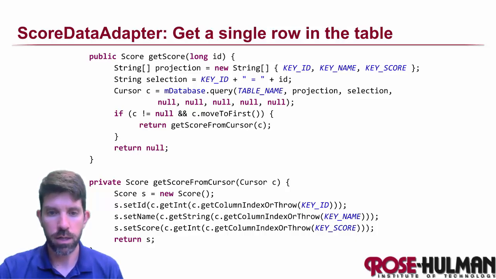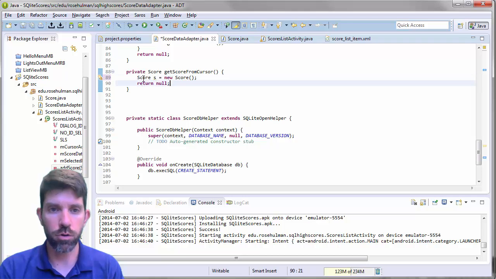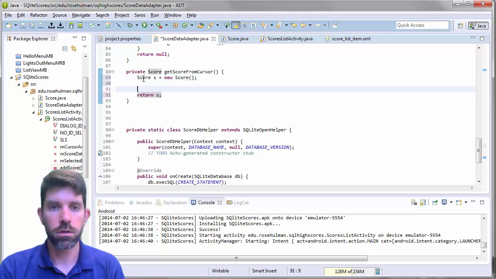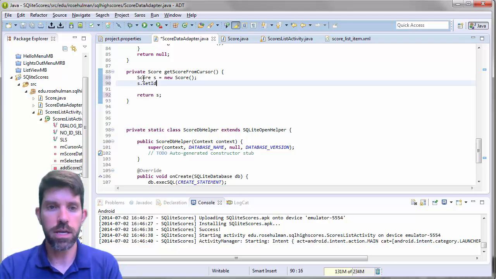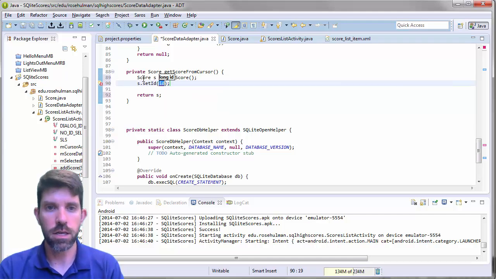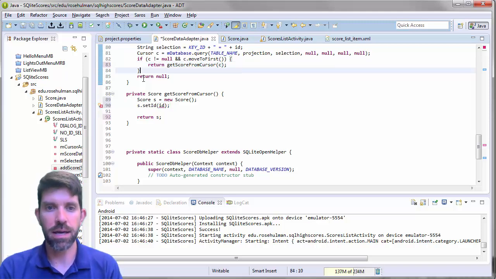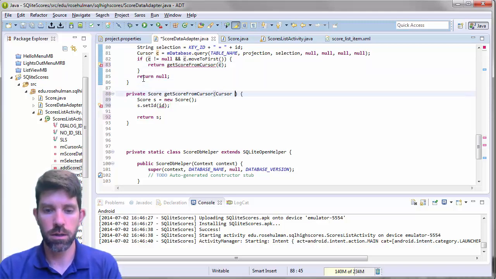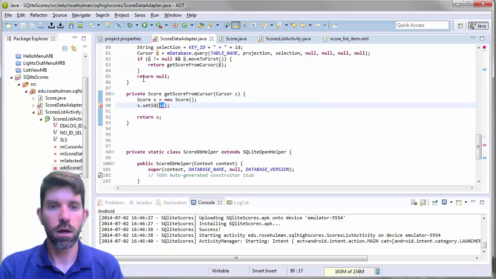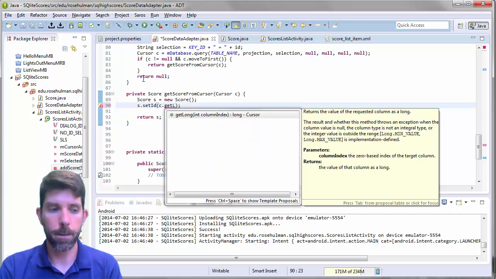So let's go ahead and enter this guy. So I'm going to make a score. This is a brand new one that I'm creating out of the cursor. And then for each thing in here, I need to set its value, right? So set an ID. Now let's see. Let's do this right here. Get score from cursor. I need to pass in the cursor, and this guy, I need the cursor here. So the ID is going to be c.getLong. Okay, for this guy here,